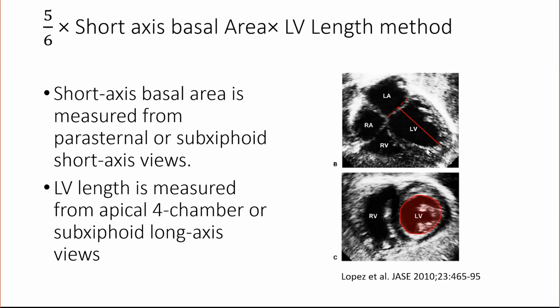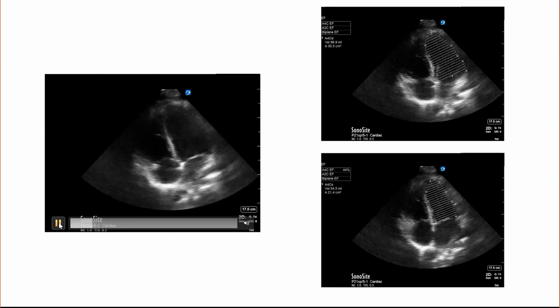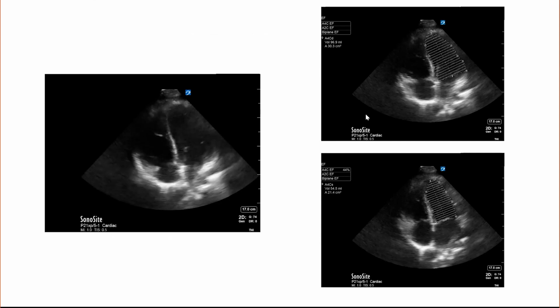So you do this in diastole and systole, and that's how you will get the ejection fraction. So this is how we do it in the point of care. You obtain a 4-chamber view, and now it appears complicated, but the machine again has software built into this. So all you need is a good 4-chamber view, and then you go into the measurements, and then you go into the volume assessments, ejection fraction measurement, and then you